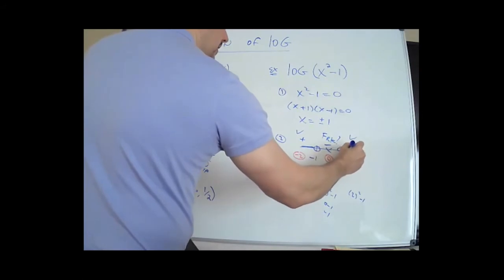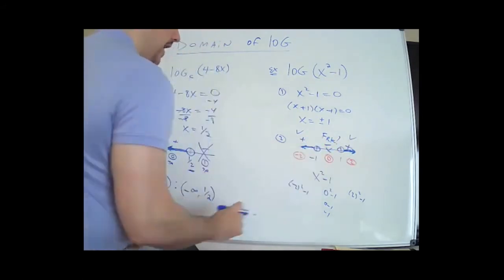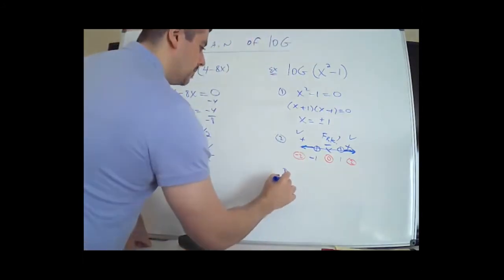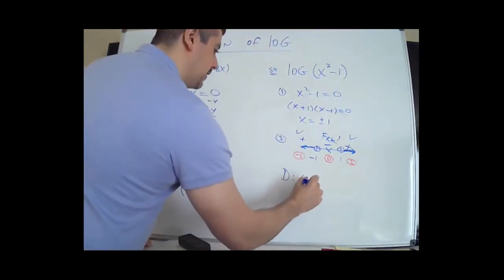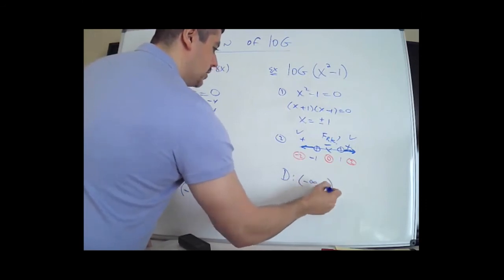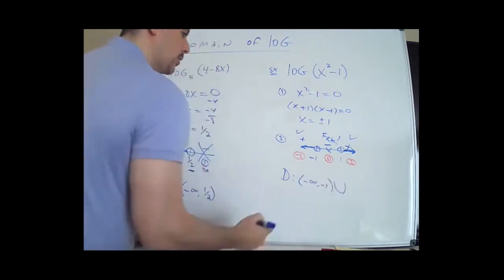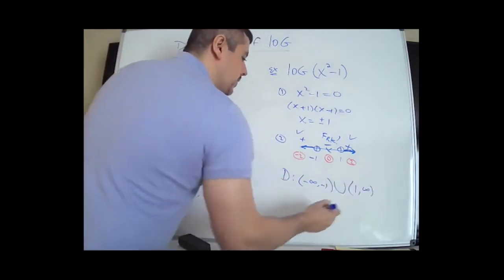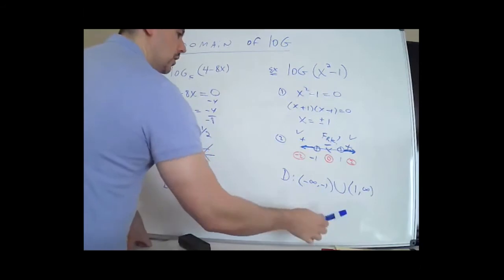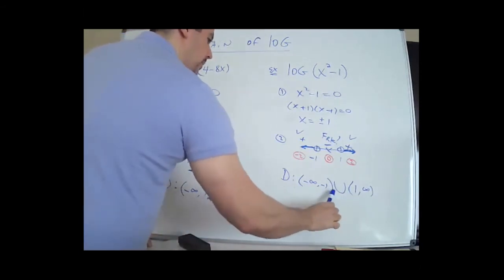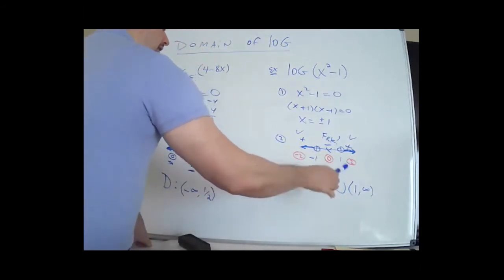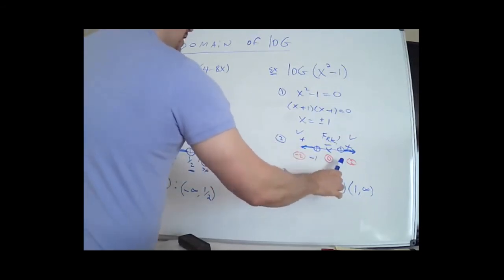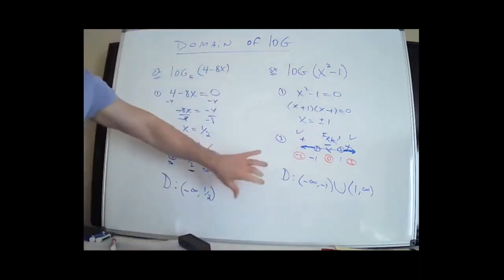You just keep everything out there. So the big D, let me erase the word, the big D is going to be from -infinity up to -1, not including -1. And remember, we write a big U for union, and then from 1 to infinity. So all those numbers are cool. All the numbers in the middle, 0, a half, -1/2, a third, a fourth, all those numbers are freaks. All the numbers between -1 and 1 are freaks. We throw them away. So that's the domain